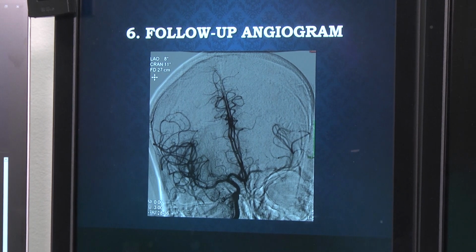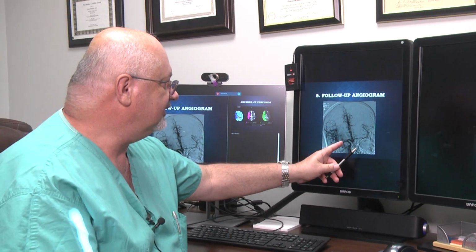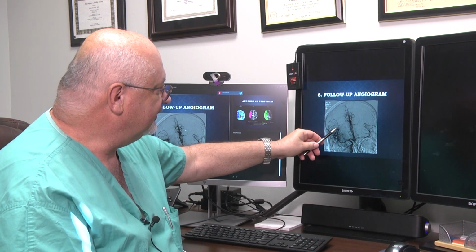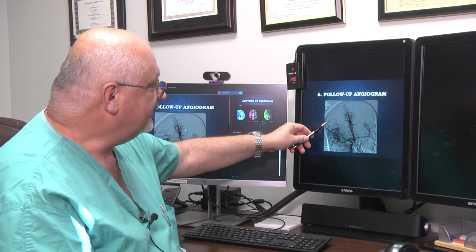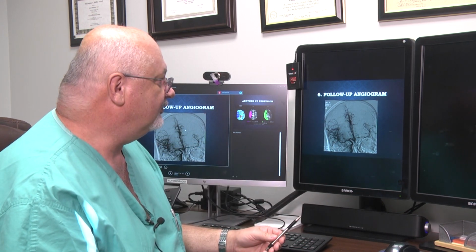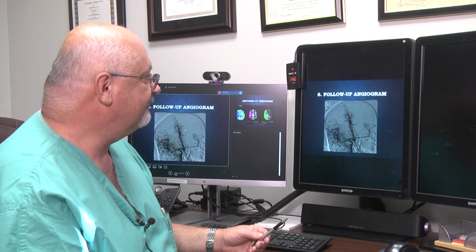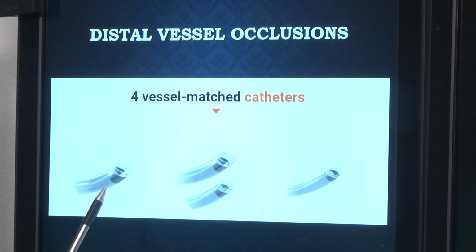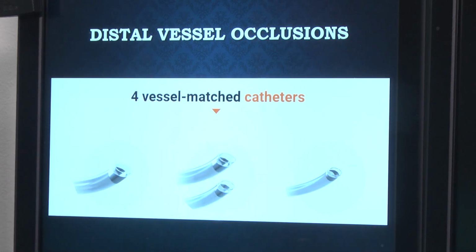Sometimes the blood clot is really small and it arrives not in these large vessels, but what if it travels longer, it travels far beyond this, and it reaches somewhere in this blood vessel out on the periphery. These large catheters that we had 10-15 years ago were unable to reach that portion of the brain vascular system. But today, with the improvement of the technology and developing smaller and even smaller devices, today we are able to